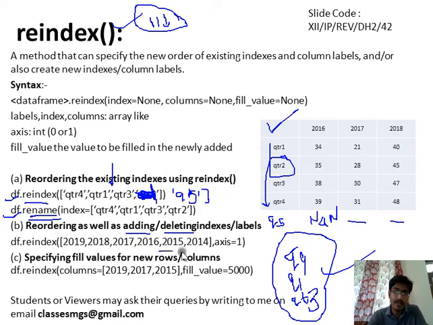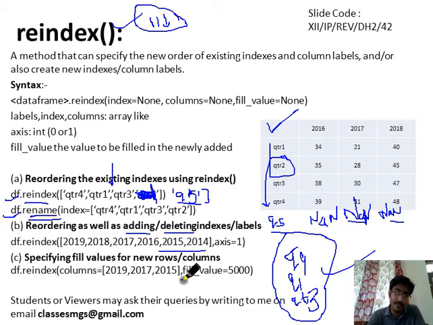Now a question may be asked. While adding a new column, let's suppose we have added Q5 as a new column, then for 2016, 2017, 2018, NaN will be added by default. But you don't want NaN to be added; you want some default value to be added.